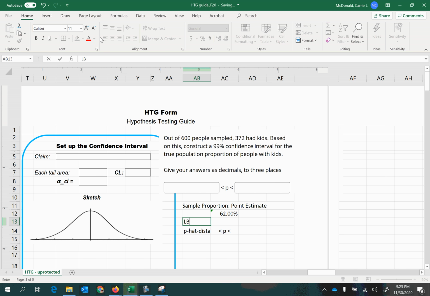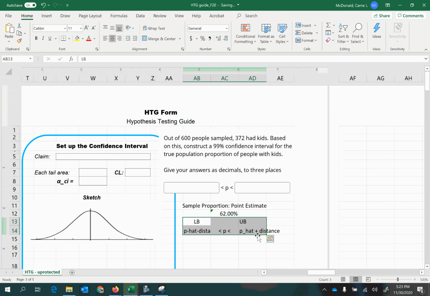And the upper boundary, we would start at the sample proportion P hat and add a margin of error or a distance. Okay. And we are going to add and subtract that distance, and that is going to give us the lower boundary and the upper boundary of our interval estimate. Okay, so this is our interval estimate.